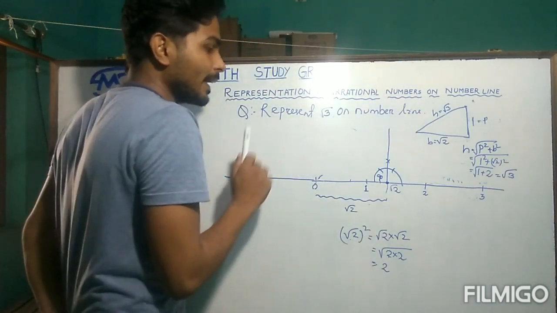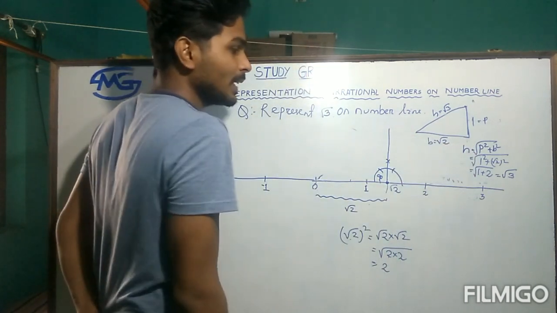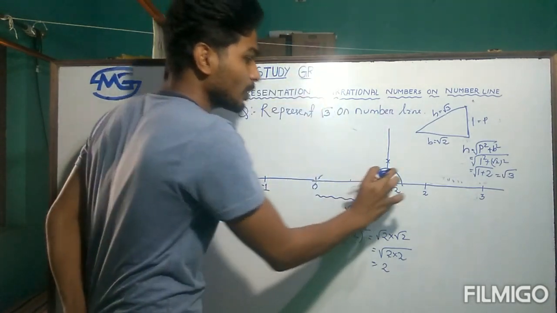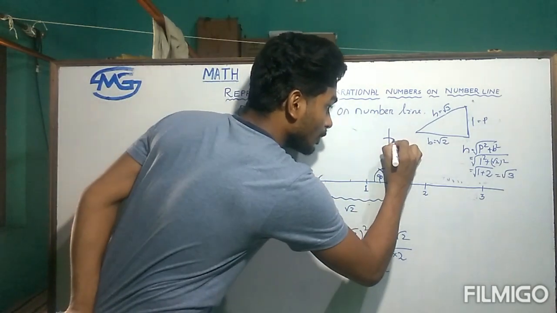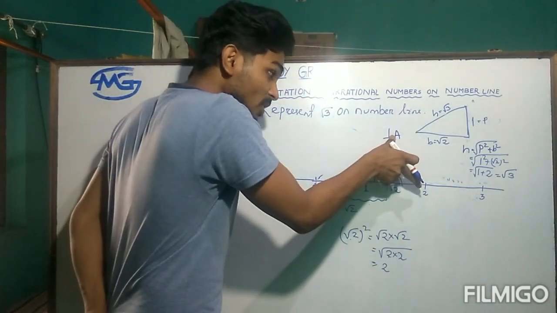Okay. Then if it is √2 unit, we have to make the height or the producing part up to 1 unit. Then mark a point there and name that point A, such that